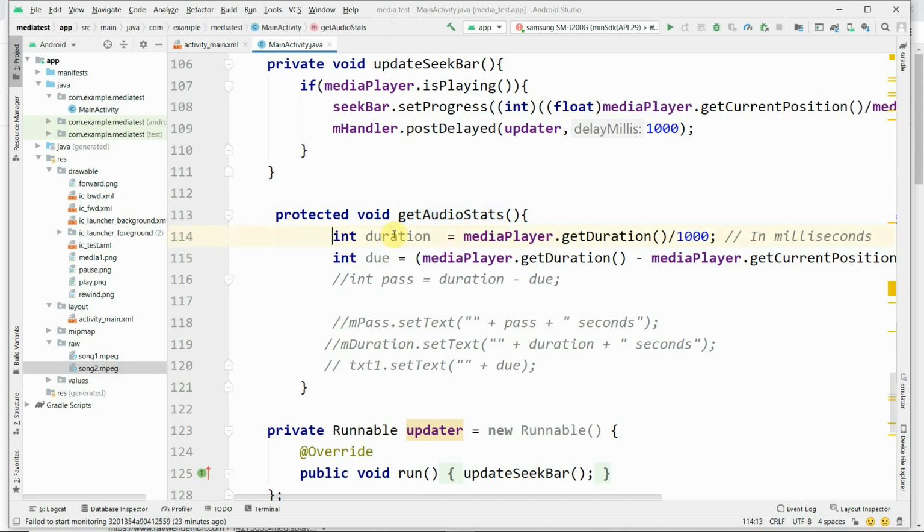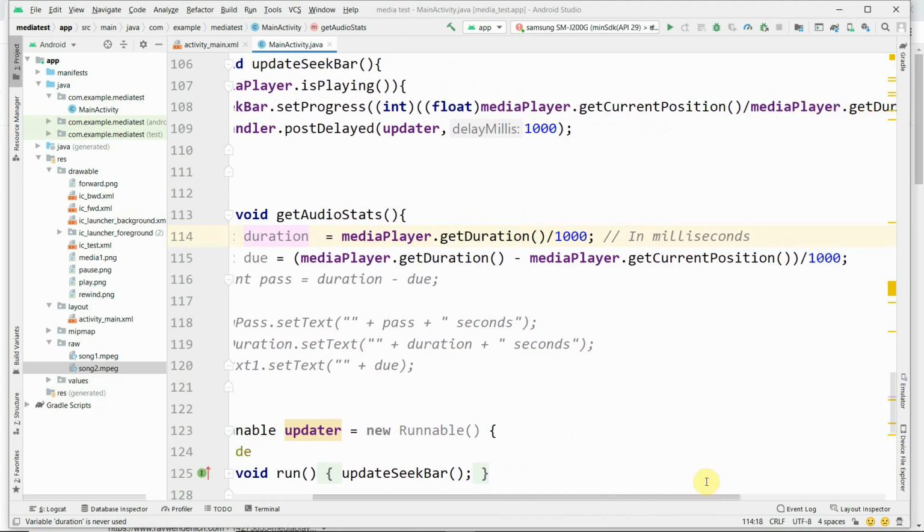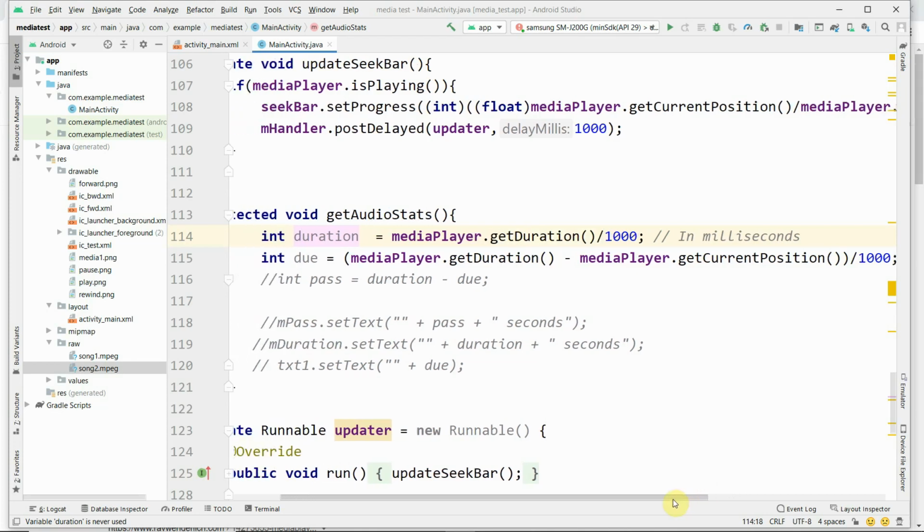The duration of the media player song is retrieved and stored as the duration in terms of seconds, because it returns milliseconds, and dividing by 1000 returns seconds. Then the dueTime is mediaPlayer.getDuration minus mediaPlayer.getCurrentPosition divided by 1000, also in terms of seconds.